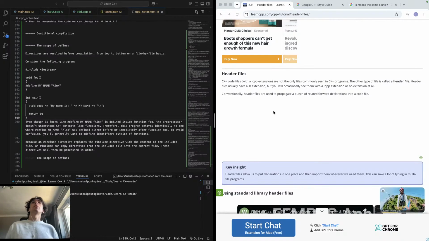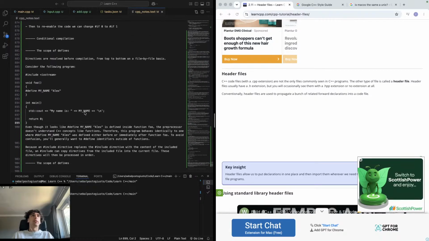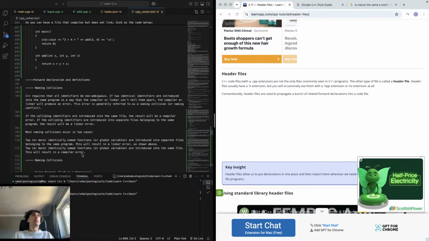C++ code files are not the only files commonly seen. I assume the H that we did with Alex is what he's about to talk about. The other file type is called a header file. The header file uses the extension .h, but you will occasionally see them with .hpp extensions or no extension at all. So what I want to do now is